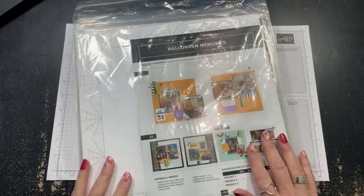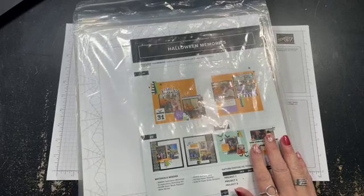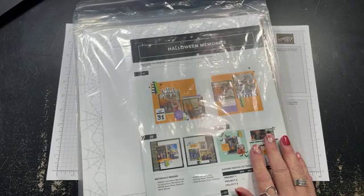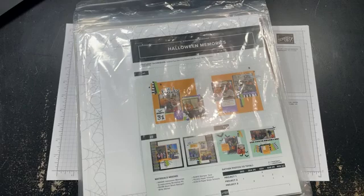And so scrapbooking, of course, is a labor of love. It takes longer. I started making cards. I still wanted to play with paper. I still wanted to be creative, and making cards was the way that I could do it. So that's where I fell in love with Stampin' Up. Okay, close to my heart, which was a scrapbooking